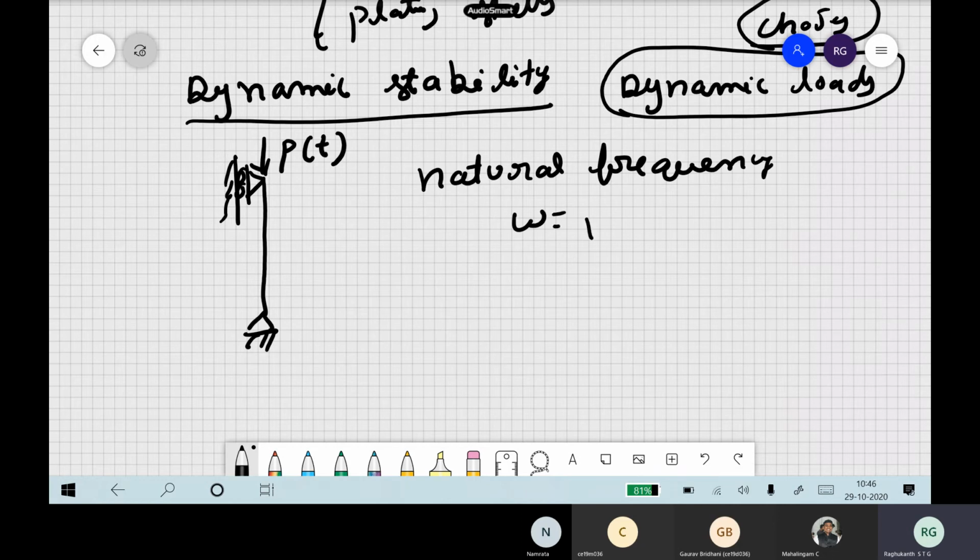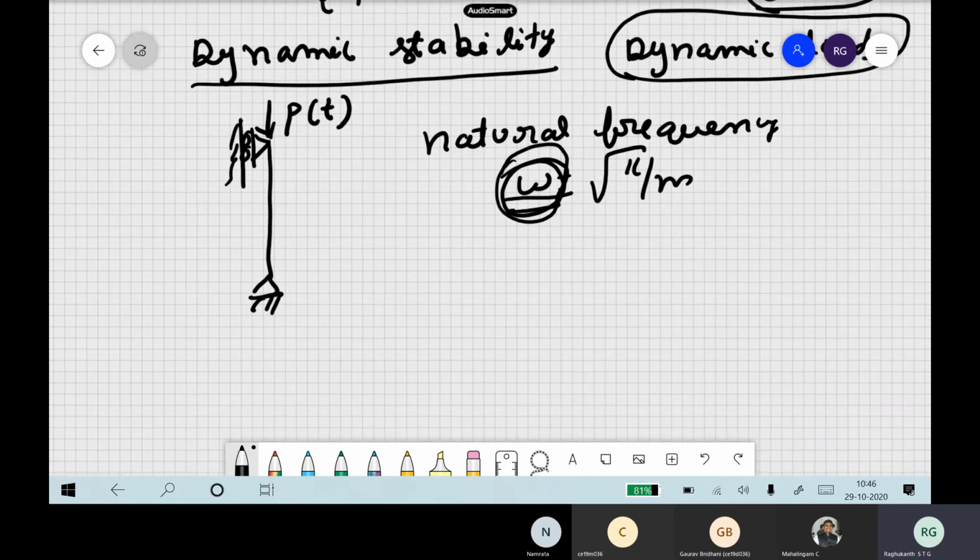Natural frequency. You followed, right? So this itself is a very important parameter. Of course, natural frequency and damping also will be there. Damping you followed; that's viscoelastic, a material property. But the most important thing in dynamics is omega, that is the natural frequency. And now I think you told resonance.